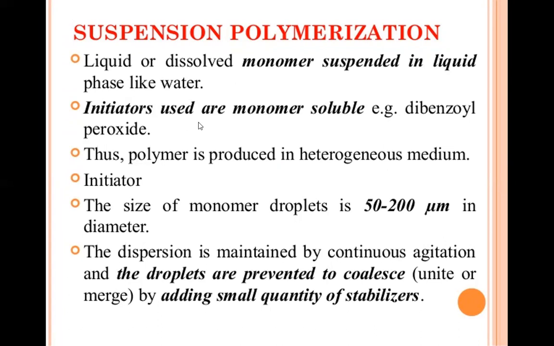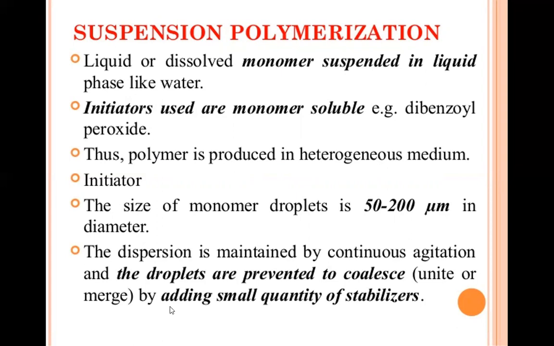Initiators used are monomer soluble. That means whatever monomer we are using, if we add the initiator, it gets dissolved, for example dibenzoyl peroxide. Thus, polymer is produced in a heterogeneous medium. The size of the monomer droplet is 50 to 200 micrometer